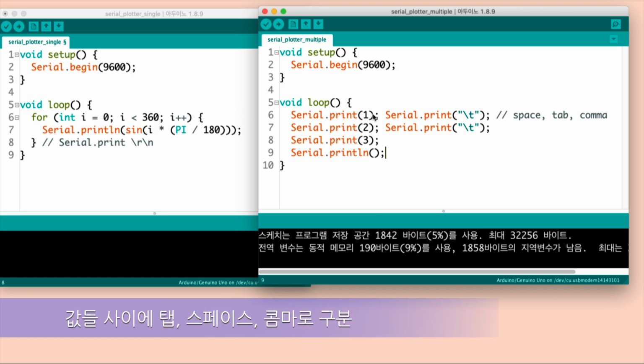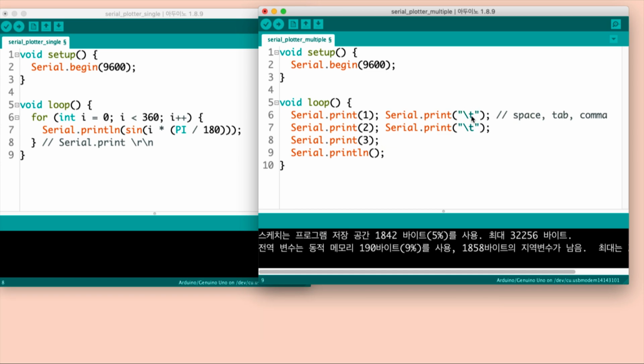If on occasion you need to send multiple different values, it is best practice to separate them with tabs, spaces or commas, and then add one final println at the end. Alternatively, for other hardware systems, add a backslash followed by n. This way, you can conveniently view your desired graph in real time within